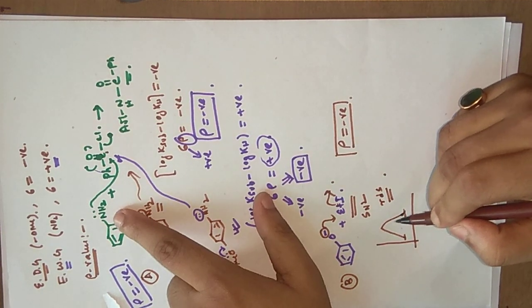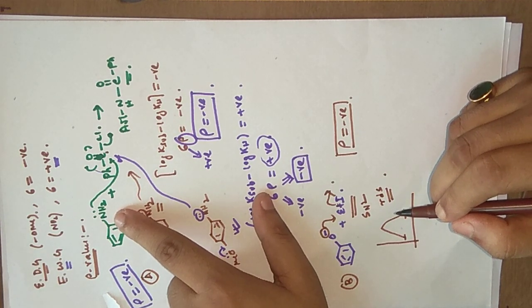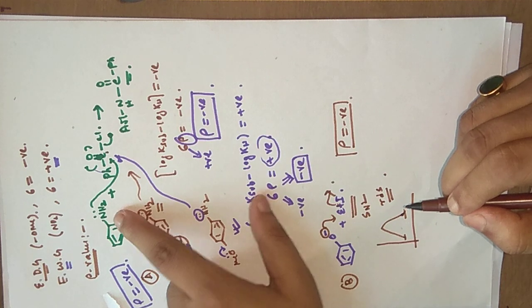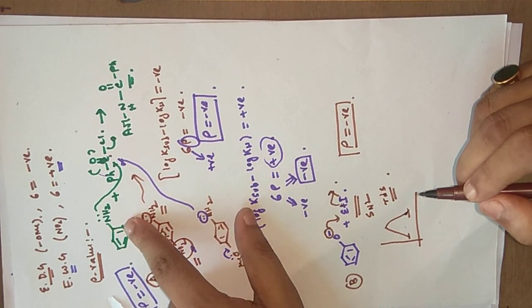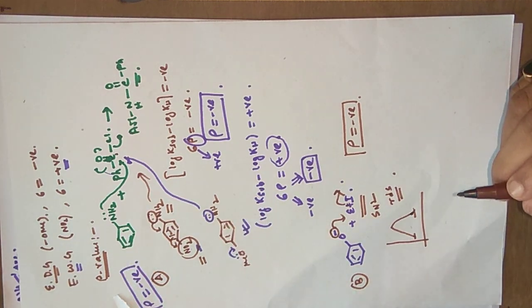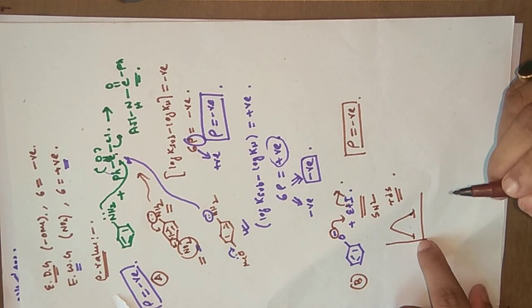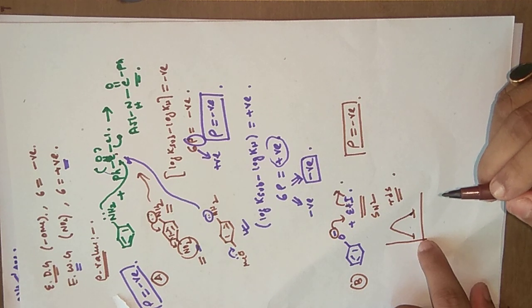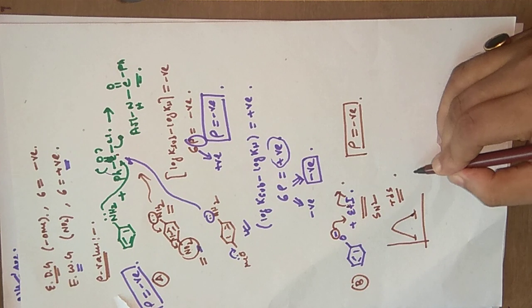But this does not occur in one step; it occurs in more than one step, and the rho value for this is less. Why is it less? Because there is more than one step, so there is one step which increases the rate of the reaction, and there is another step which decreases the rate of the reaction. But there is one step, the RDS step, which increases the rate of the reaction. So in this case the rho value is very high,